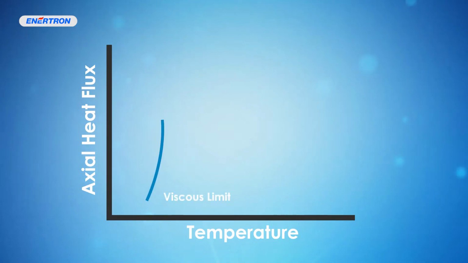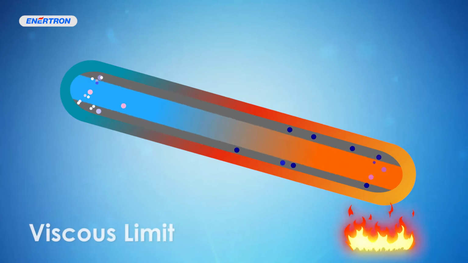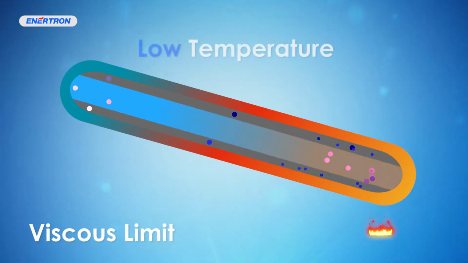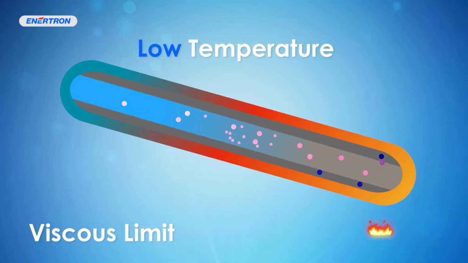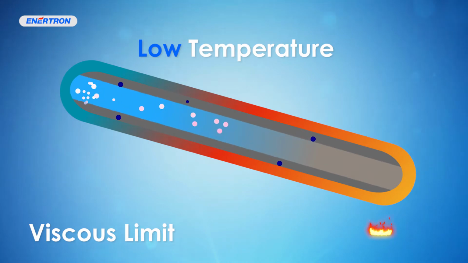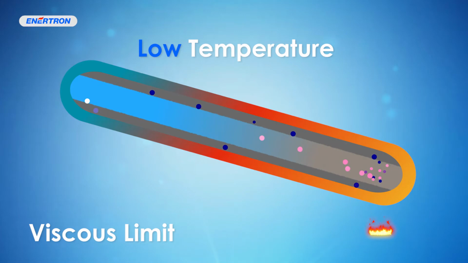What is the viscous limit? The viscous limit occurs at the lowest end of the operating temperature range of a heat pipe, where the vapor pressure difference between the condenser and the evaporator may not be enough to overcome viscous forces. These viscous forces slow down the vapor flow within the heat pipe. If the vapor from the evaporator does not flow to the condenser, the heat pipe cycle is discontinued, thus, no